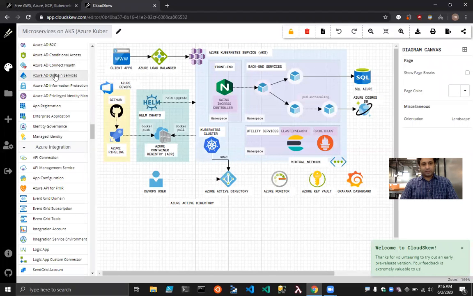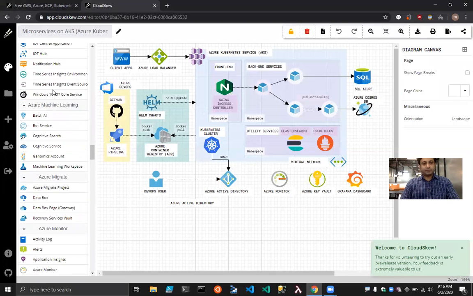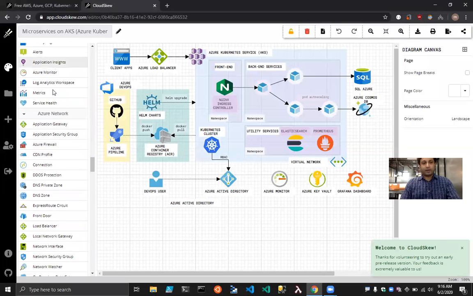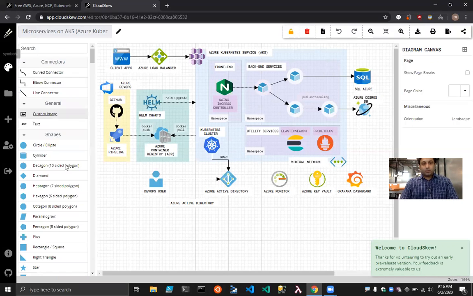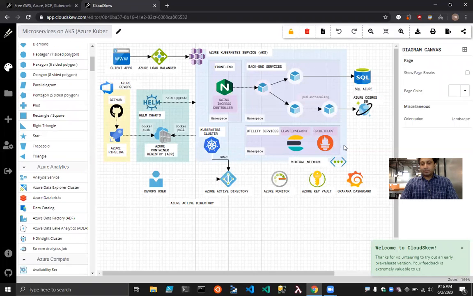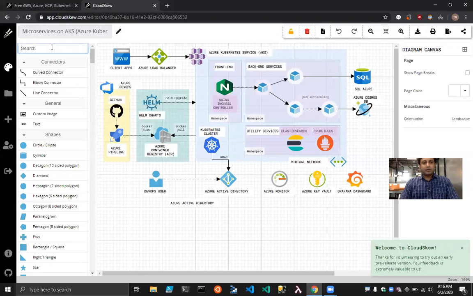So every single thing that you need for, let's say, sketching Azure diagrams, all the icons are already available in here. You can also enable icons for other cloud providers. So in this example, I have enabled icons for Kubernetes and other CNCF projects. So let's say, for example, here we have this Azure Cosmos DB, and we are interested in tracking its change feed. So we'll just, let's say,